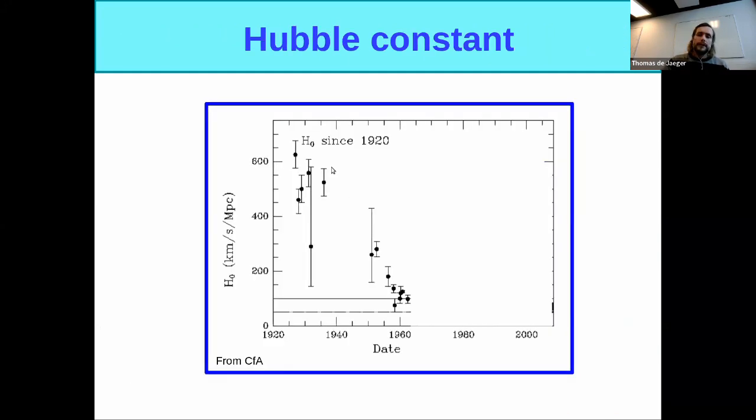And this was the first value that people found of H0, around 500 to 600 kilometers per second per megaparsec. Pretty high values, and with a lot of uncertainties, of course, for the epoch. But then you can see an improvement in the measurement of the Hubble constant with a decrease of the error bar. This was because we found that all the Cepheids are not the same. Among the Cepheids, you have bikes and trucks. So you need to select only the same class, the same type of Cepheids. And like this, you can improve the measurement of H0.